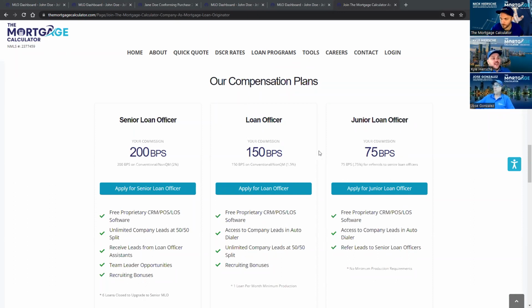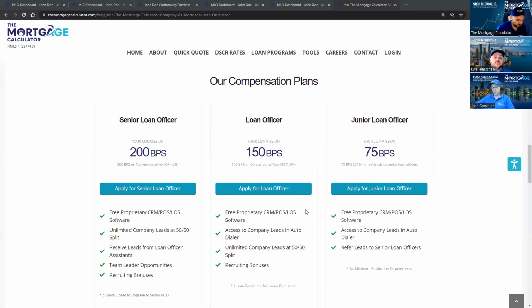What you're going to do is join either as a junior loan officer or a loan officer, whatever fits you best. It's going to ask you for some info, and then it's going to pop right up to the first compensation contract. You don't have to sign it right then; it's also going to email you a copy, so take your time and look everything over.